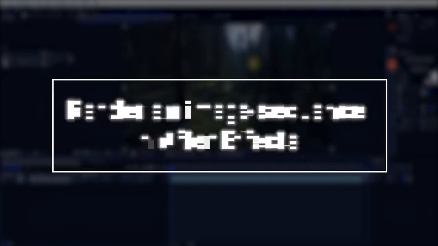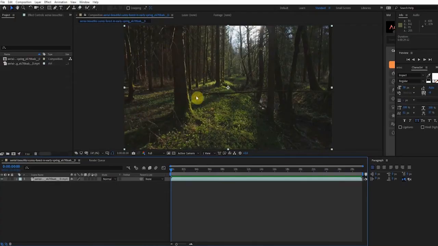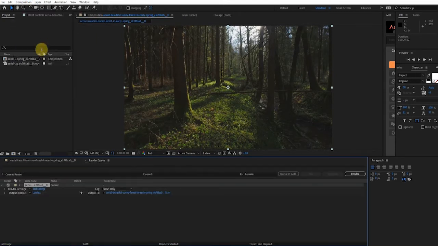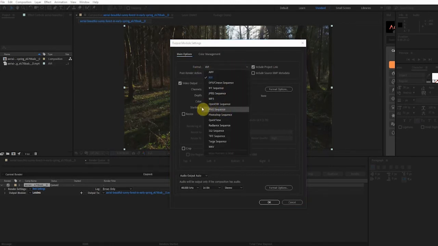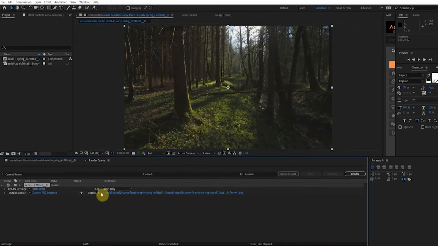Let's have a look at how to render out a video as a sequence of images in After Effects. So to do so, first you have to have your video imported into After Effects, and here I have my video. The next step is to go to Composition, then select Add to Render Queue, and right here where it says Output Module, I'm just going to click on the Lossless option, and where it says Format, I'm just going to click on the drop down arrow and choose PNG Sequence, then click on OK,